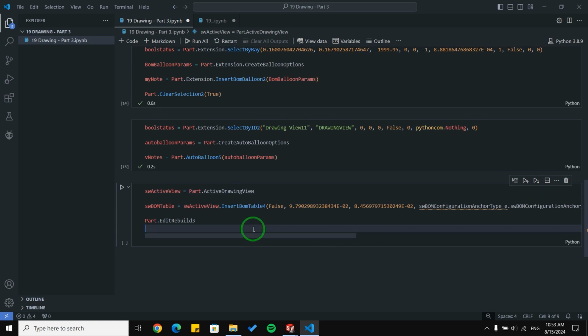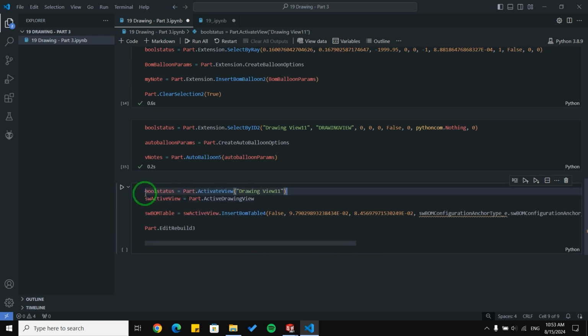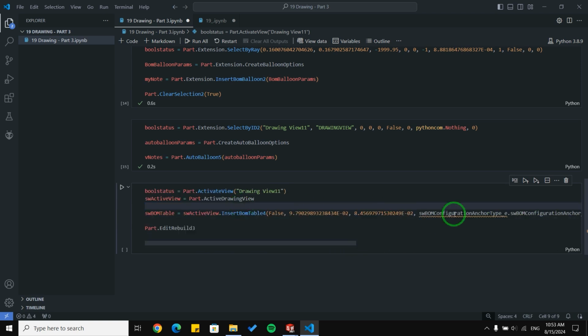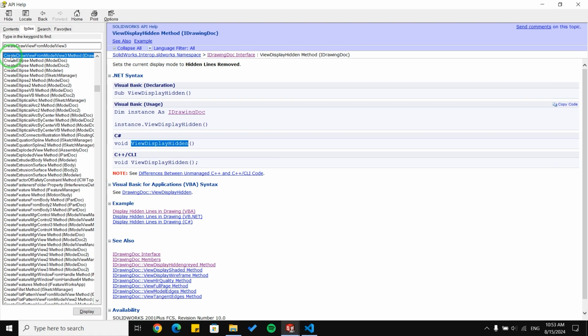Okay, I need to add another line. We talked about it, how to select a view and build an object from it. So I'm going to add this line, and we need to edit these two variables or arguments here.